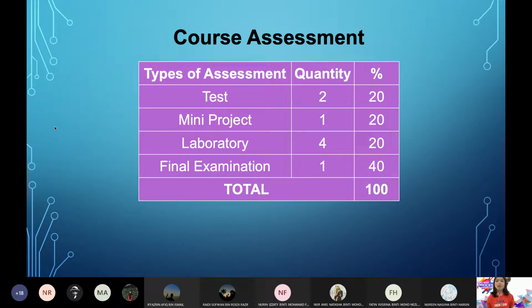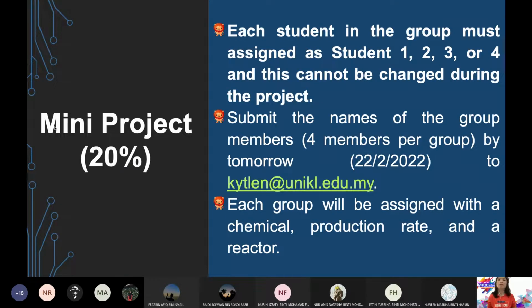Next one, we have one mini project, 20%. Mini project saya guideline dah ada dalam VLE. So my mini project starts very early. Okay, I will explain later kenapa. Alright, then we have our laboratory, which is another 20%. Okay, so since this is a 14-week semester and this is a 4 credit hours, saya dah try to really reduce your burden in the assessment. Even in fact, I try to simplify certain things. Saya tengok balik pada senior kamu, part mana yang saya rasa macam membebankan senior kamu, saya dah senangkan dalam this new assessment.